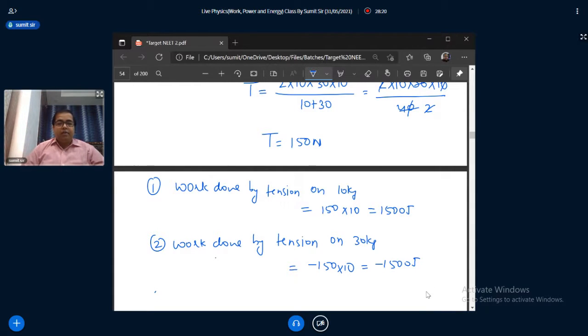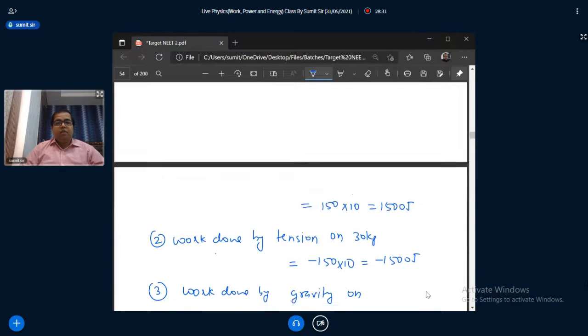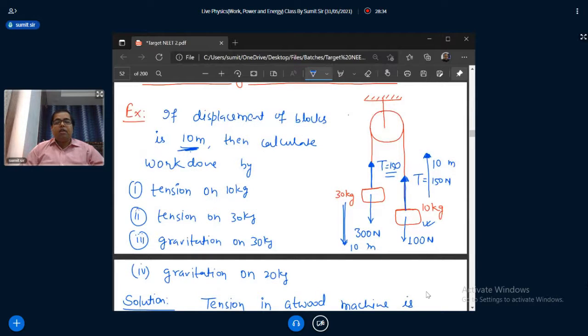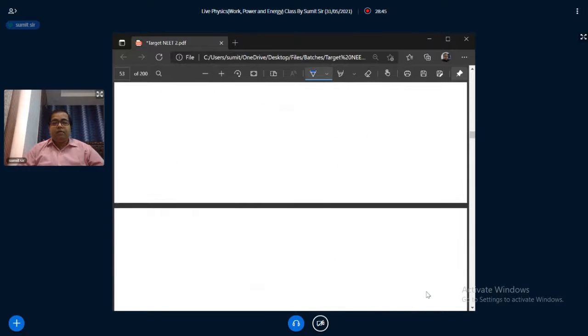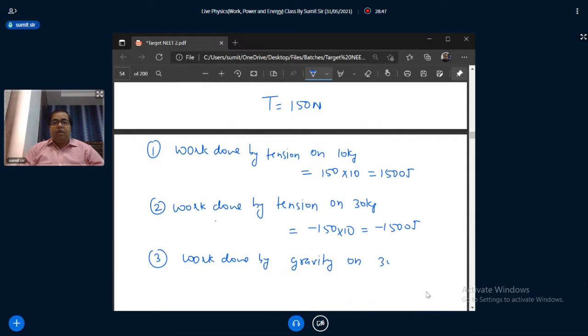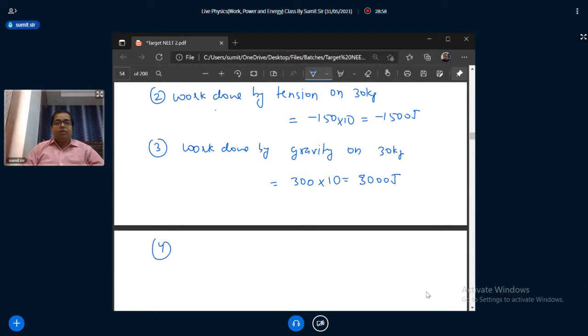Now the third part. Work done by gravity on 30 kg we need to find. The gravity, you see, gravity is downward and the displacement is also downward. So we can say on 30 kg block is equal to 300 into 10, means 3000 joule. Now the fourth one,